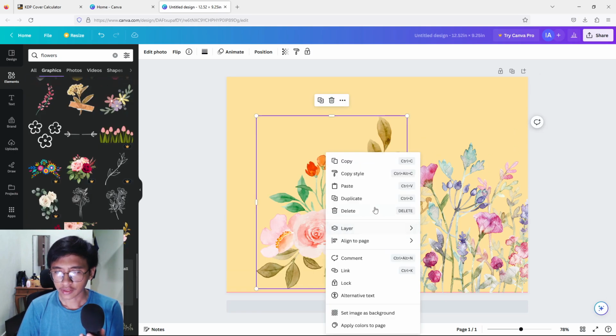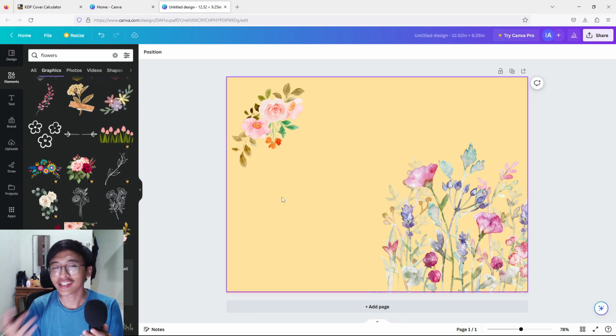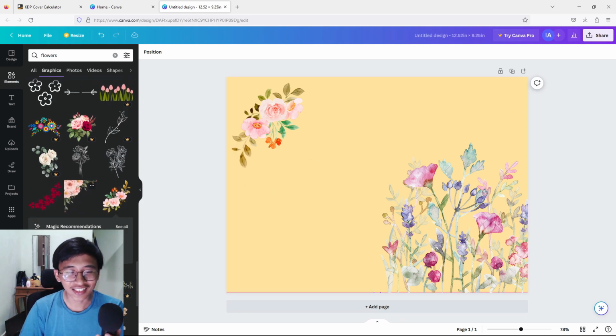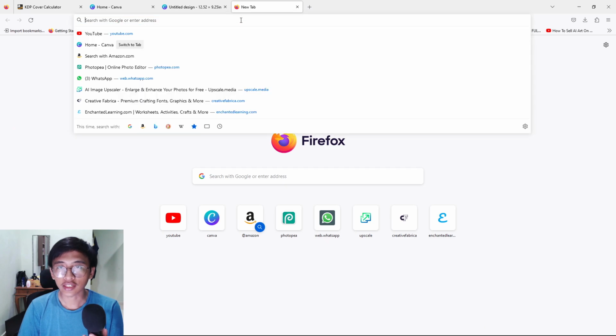Okay, maybe rotate it. And you guys must be asking, that doesn't look quite good. Well, in the end, it's all about creativity. If you have your own creativity, you can design how it looks. So that is an example of the first place you can use to get your image. The second would be